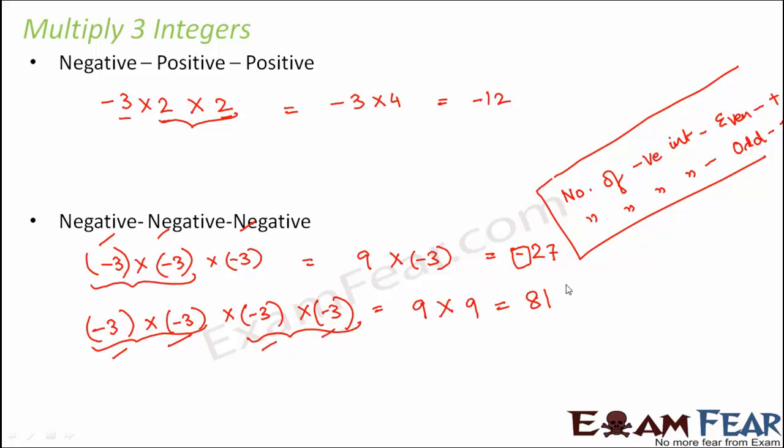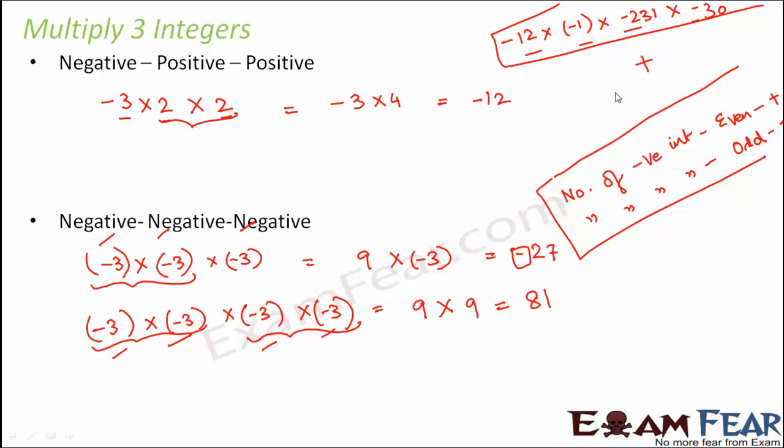Now, it is not necessary for this rule to apply only when the numbers are the same. It doesn't matter whether the numbers are the same or different. For example, if you have minus 12 multiplied by minus 1 multiplied by minus 231 multiplied by minus 30. If you are multiplying this, how many negative integers do you have? 1, 2, 3, 4. So 4, the number of negative integers, is even. Therefore, the result would be positive. Now, what the result would be, for that you will definitely need to find the product. But the sign for the result will always be positive.